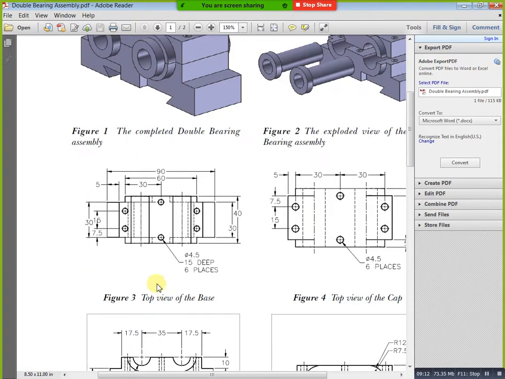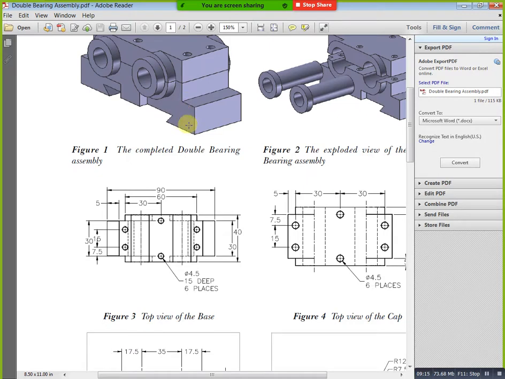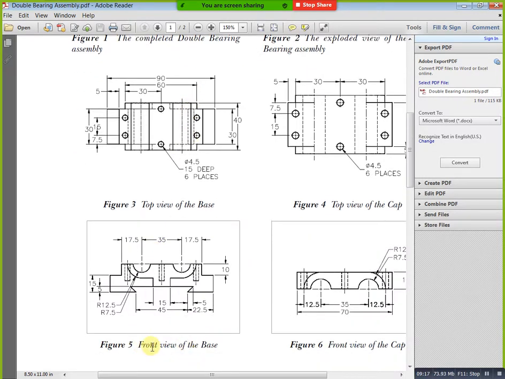Just you can see 40 by 90 dimension. Just you can see here to here we have 90 dimension, and this width is 40, and in this width we have only this curvature. First of all we have 30 only. Now you can take here to here 60 plus. First of all you need to create this feature. Total dimension 90. Okay, and here to here we have 60 or 70, 17.5, 17.5, 35 plus 35, 70. Now you can create this one first.